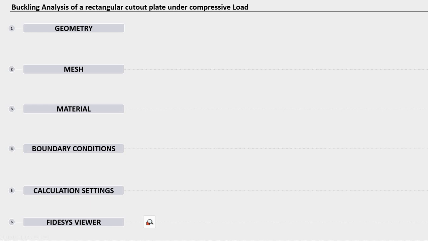This is a buckling analysis for a rectangular cutout plate. The first step is to define the geometry. We start by creating a large rectangle with dimensions of 2 meter in height, 1 meter in width and the